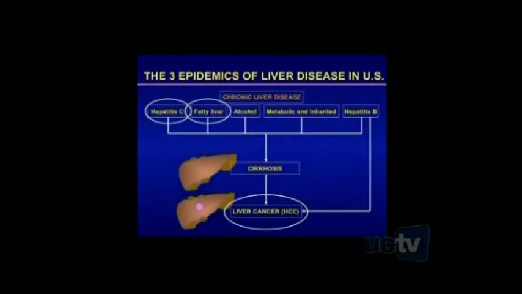So with those two, the third epidemic is liver cancer. I can tell you that, having been here for 12 years, we are clearly seeing more and more liver cancer patients. This past year alone, we saw 250 cases of liver cancer. We have a tumor board, as we talked about. Every week we review cases with liver cancer for transplant or other treatment options, about 20 to 40 cases. So it's become a huge problem for us too.